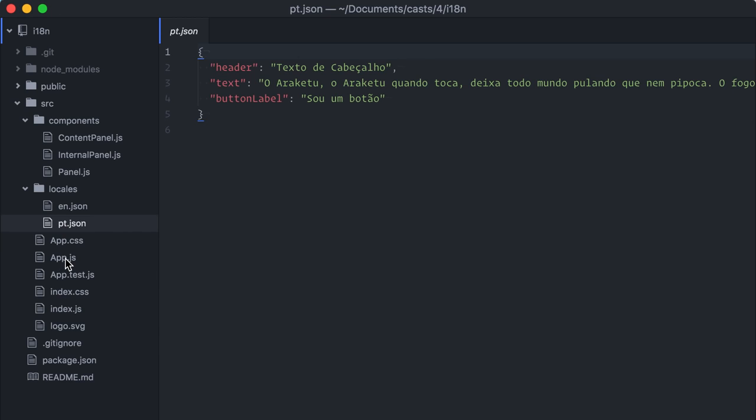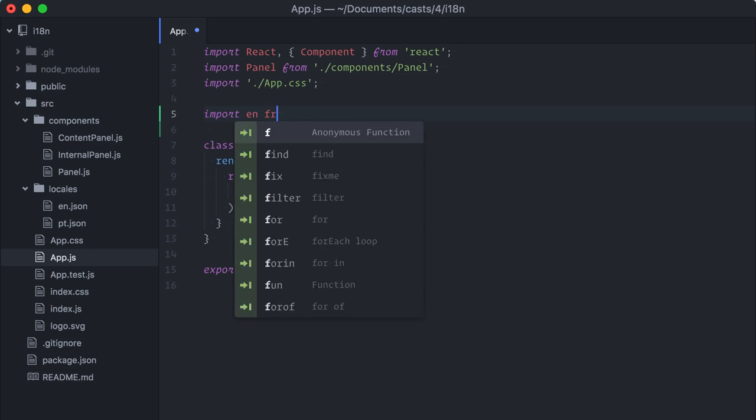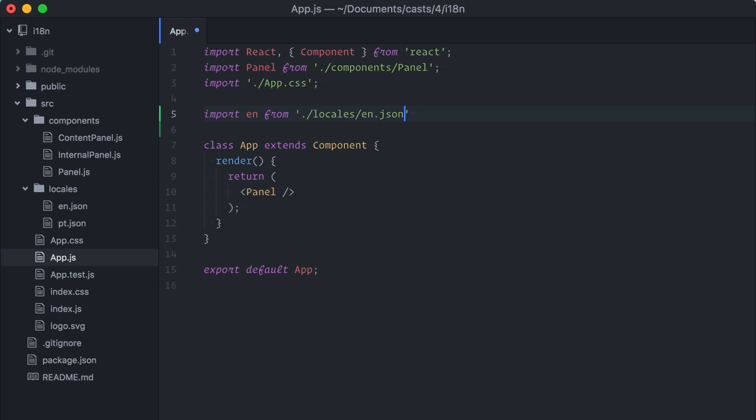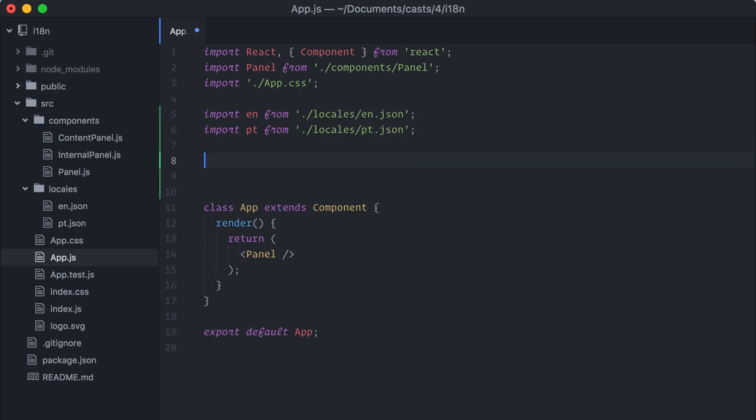I will use the app component here as an example. For simplicity, I will import both JSON files here. Import en from locales en.json, import Portuguese. And I'll also create an object containing all locales. The idea is that, depending on the current selected language, I will pass along the object containing the correct localized